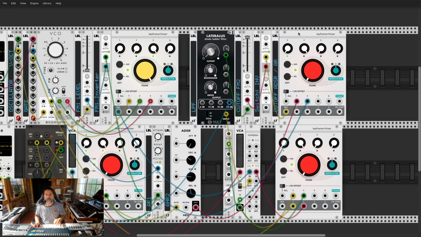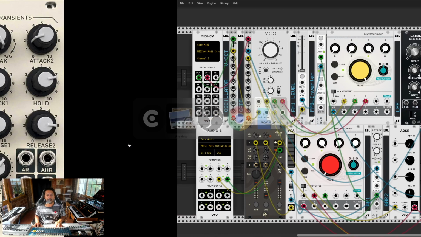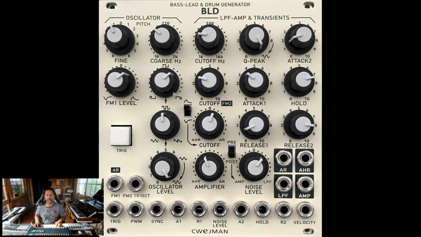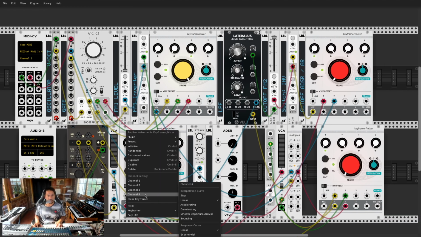Okay, now everything makes more sense. The noise is going into the VCA, and the VCA is affected by the envelope, depending on the amplifier. So that's why I'm going to call this one amplifier H. Okay, so this one also, I can add